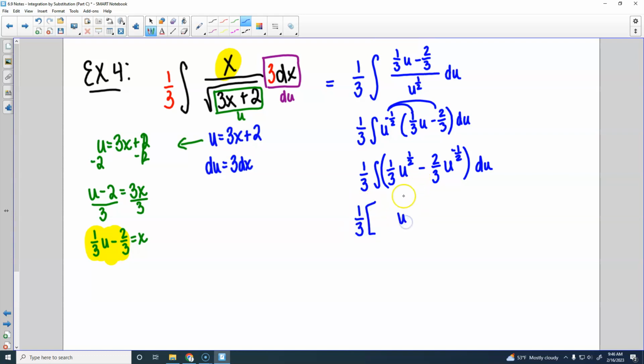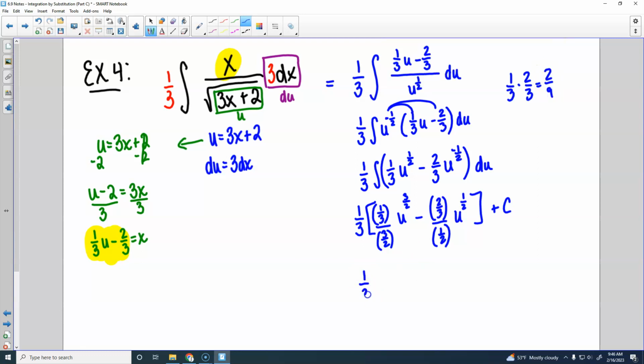So u to the 3/2, we're doing 1/3 divided by 3/2. Over here, we're going to get u to the 1/2. We got 2/3 divided by 1/2. And we put the plus c on the end. 1/3 divided by 3/2 is 1/3 times 2/3, which is going to give us 2/9. So we got 1/3,